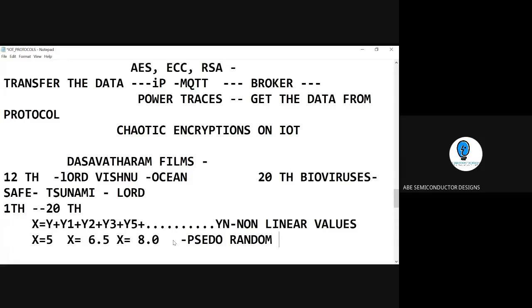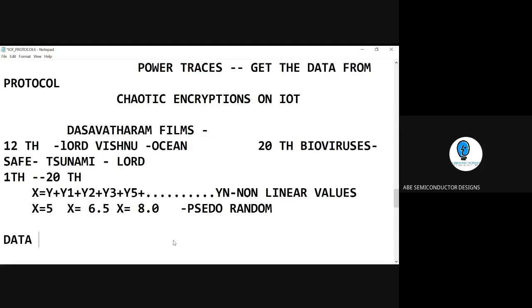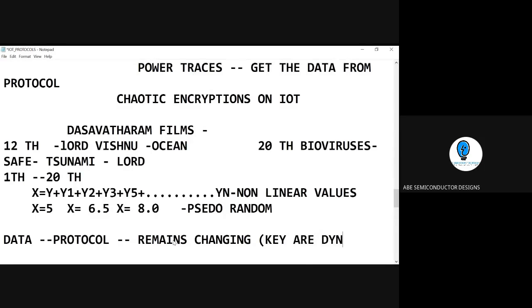Pseudo-random generators are normally utilized here. So the advantage of this chaos is that the data being transmitted over the protocol will not remain constant. It will keep on changing. When you design the key, it may not remain constant. The key will not be a static key over here. The keys are very dynamic, and it is impossible to break unless the developer leaks out the messages. So the threats can be overcome with the help of a new model.